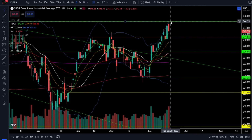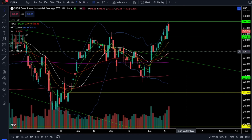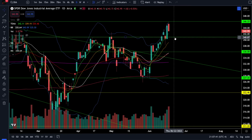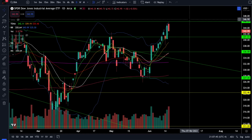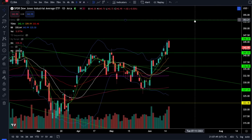that resistance at 346, and we're bullish above the breakout at 340 and 336. So if we start to lose that support, then we can get a lot more bearish. If you look at the Dow Jones, we have the bull trend, so any higher low pullback is likely going to get bought up before the next higher high because of the fact that we're in a bull trend. The Dow Jones can push higher above 346 next to the next higher target at 353, but wait for the